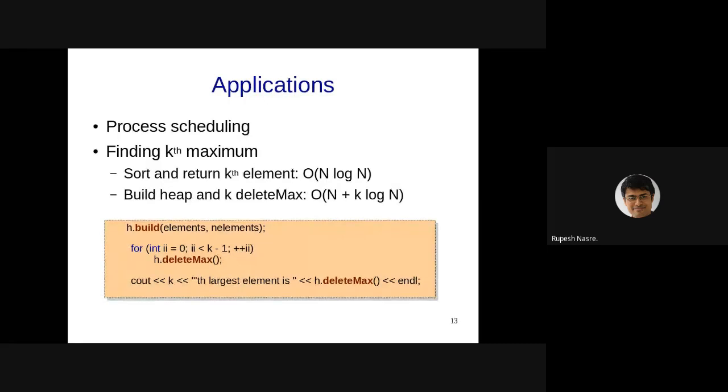So then it will be more like a chain from the maximum element to the second maximum, because the maximum element might be somewhere above. Let's draw it here. So there might be a tree, and the maximum element might be here, whereas the second maximum, for example, might turn out to be here.